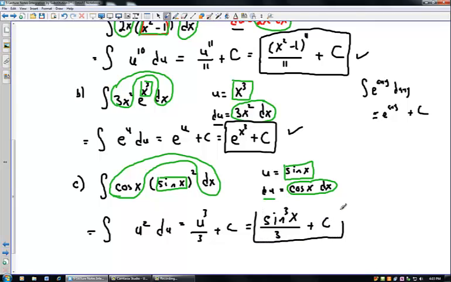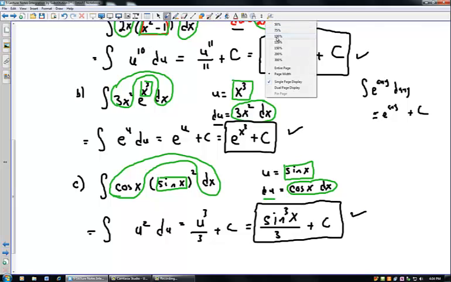Again, you can check your answer by taking the derivative of this thing. And if you take the derivative, 3 will come down, cancel the 3 on the bottom, you get sine squared x times the derivative of the inside, which is cosine of x, which is my integrand, plus 0. So it checks. Let's take a step back so you can just kind of see,